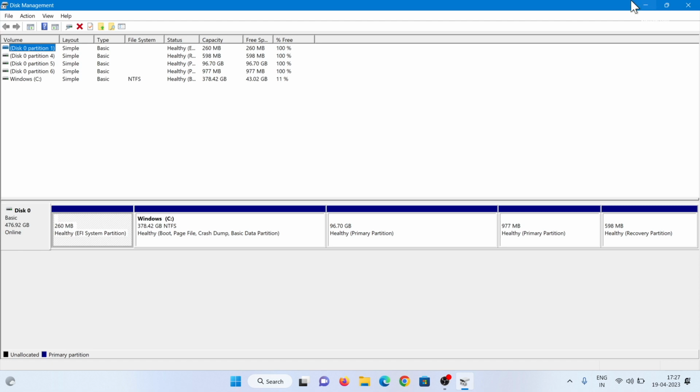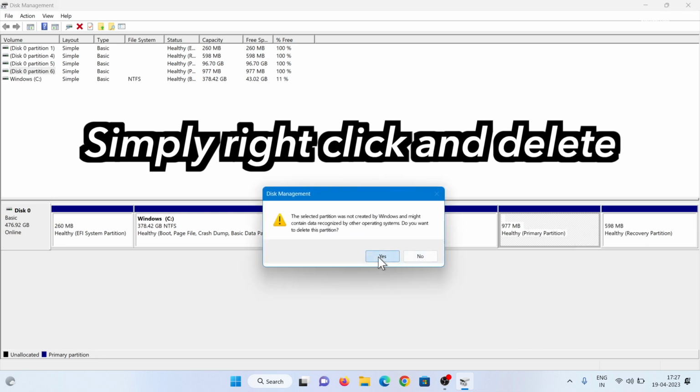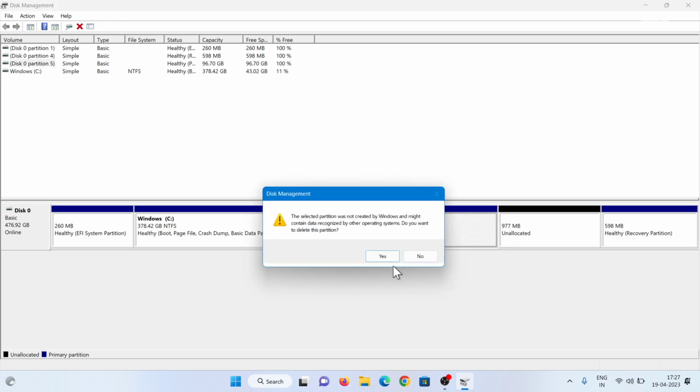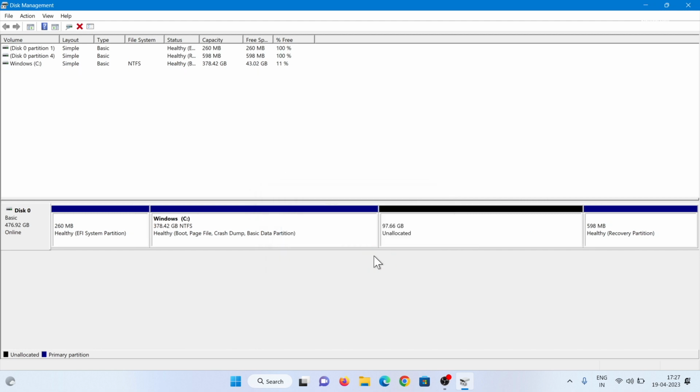Here, next to the C drive, you can see two partitions which were created while installing Kali Linux. Go ahead and remove these two partitions by deleting them. And now you will see unallocated free space that you can use to expand Windows.